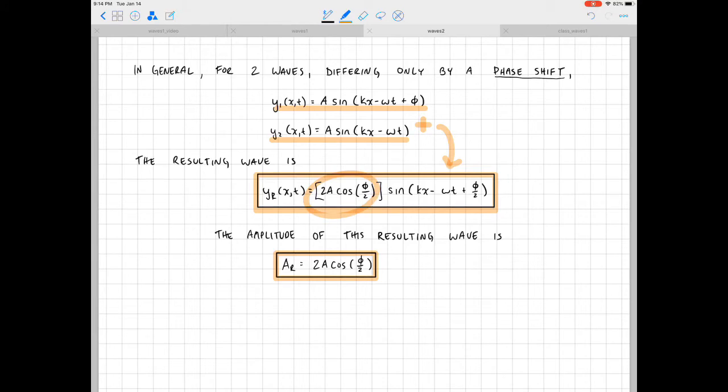And that means that the amplitude of the resulting wave is 2 times the amplitude of the original waves, right, because they had the same amplitude because they were identical other than the phase shift. And then you multiply that by the cosine of the phase angle divided by 2. All right. So now we're going to move on to looking at some specific phenomena related to